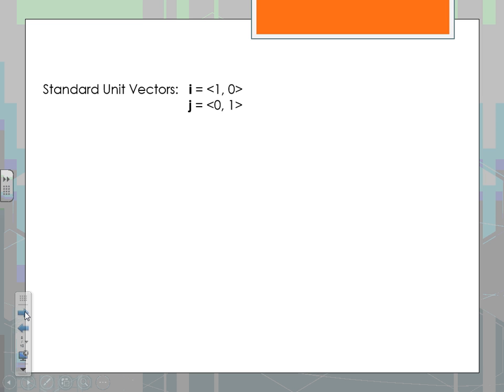We can write our vectors, instead of in component form, as the linear combination of our standard unit vectors. Okay? So I, 1, 0, that would go with which component? Horizontal. J, 0, 1 would go with the